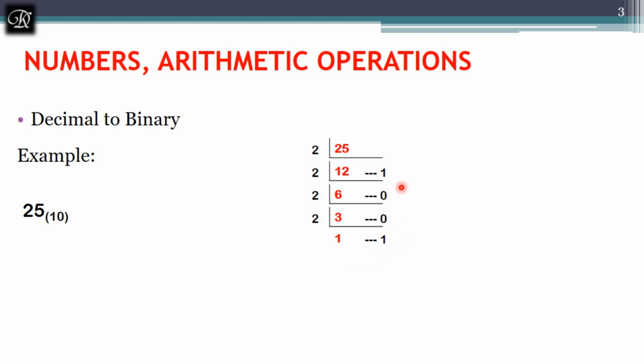Let me see how to mark the bits for the conversion. You should start from the bottom, the quotient and the remainder of that and the remaining remainders. You have to take only these values, which are in the format of zeros and ones. And 11001 is the binary version of the given number 25. This is how we are going to convert the given decimal number to binary.